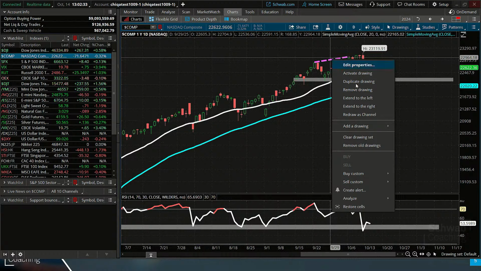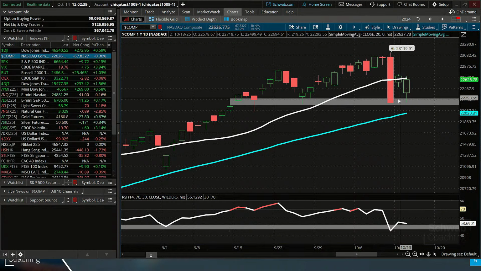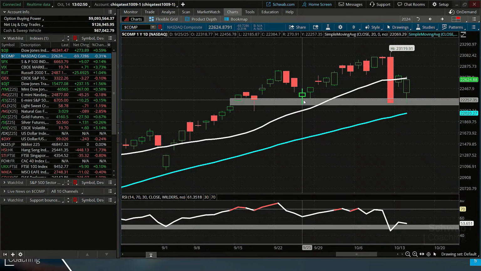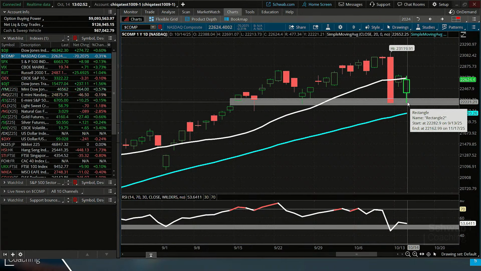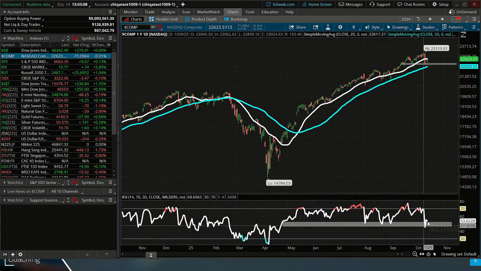Now, similar thing in the NASDAQ, we closed below the 20-day simple moving average, but we held this horizontal level of support here. I would say right around 22,200 as that horizontal level. We can see it's been touched multiple times here. We didn't go so far as to retest the 50-day moving average there in blue, but again, we're battling once again with that 20-period simple moving average there. We have a decline in momentum, but it still remains above that 50 level that we see there on the RSI, still kind of showing that bullish regime for the NASDAQ.